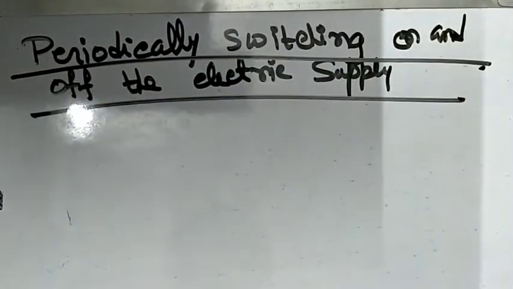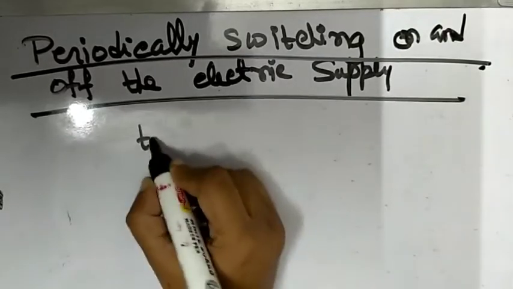This method of temperature control is used in case of small ovens. Here the supply to the oven is given through a thermostat switch, which switches on and off the supply at a particular temperature, and the final temperature attained is proportional to the ratio